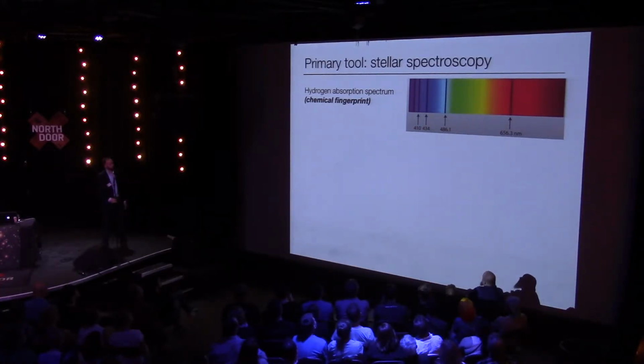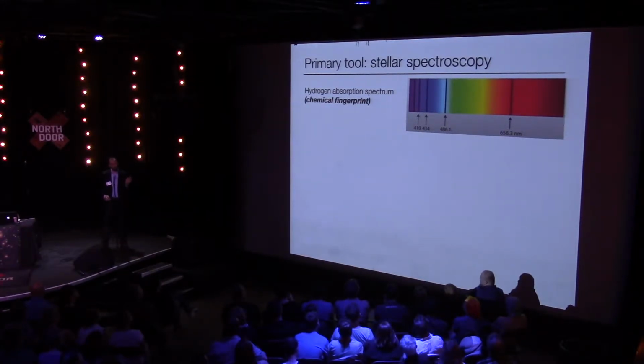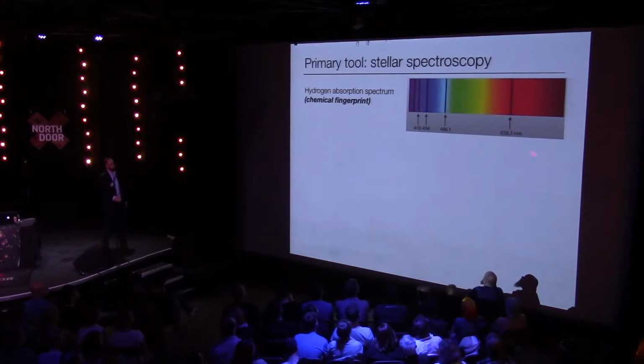And that's just a fancy way of saying that every element has a unique chemical fingerprint. So there's a unique set of atomic transitions that correspond to every element, and we can look at the spectrum of a given star and try to find out what is in that star by looking at this chemical fingerprint. Okay, so here is an absorption spectrum from hydrogen. It has very specific absorption lines, and we understand very well why the lines only have these transitions, so why there is light everywhere except at these very specific wavelengths.